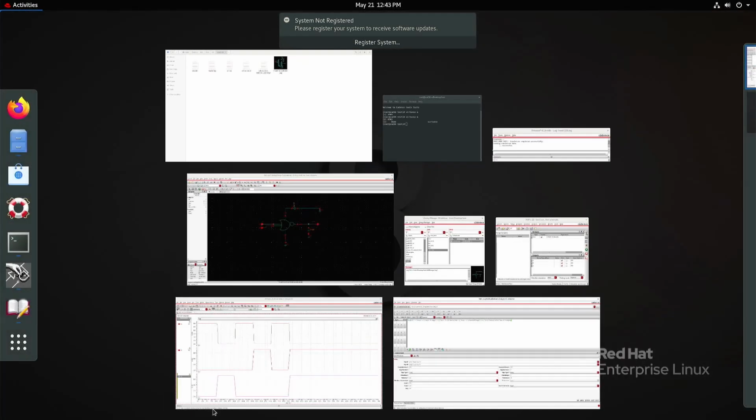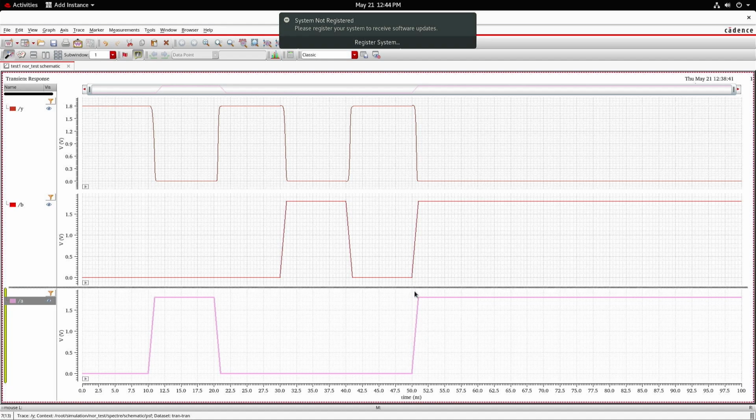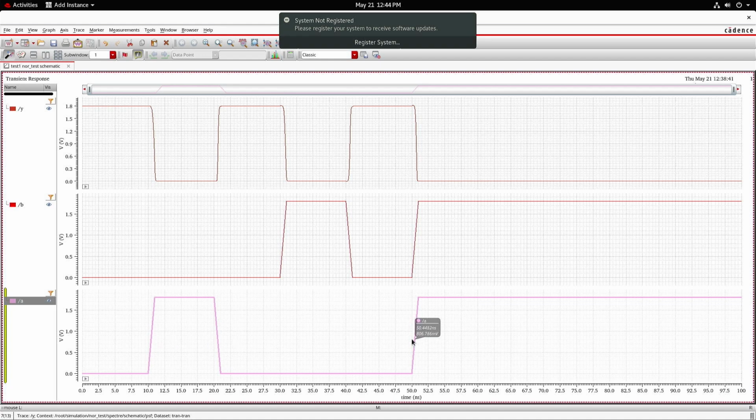Then coming to the last one, that is 1, 1. 1, 1 you can see this is 1, this is 1, this is 1. For getting this 1, 1, A is rising and under rising, this is the second rising. This is first one, this is second one. Therefore, type is rising and edge count is 2. Whereas output is falling here and under falling 1, 2, 3, this is the third falling.